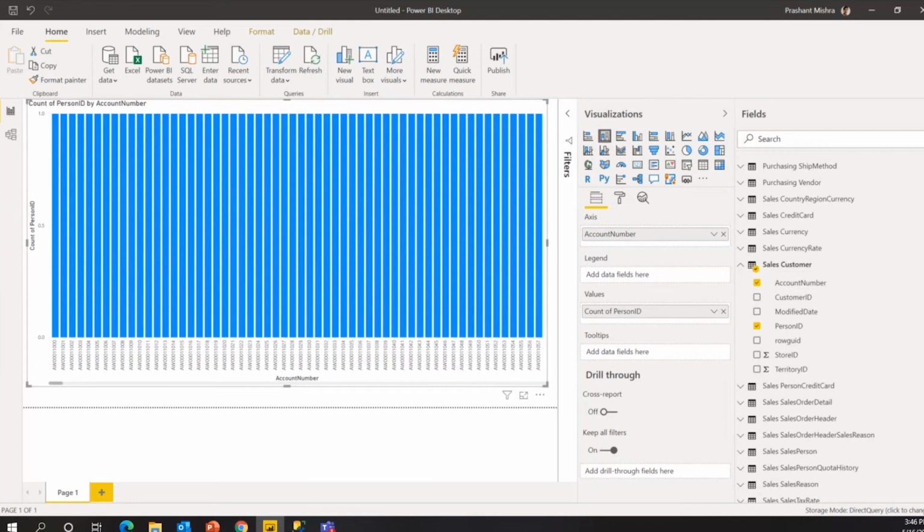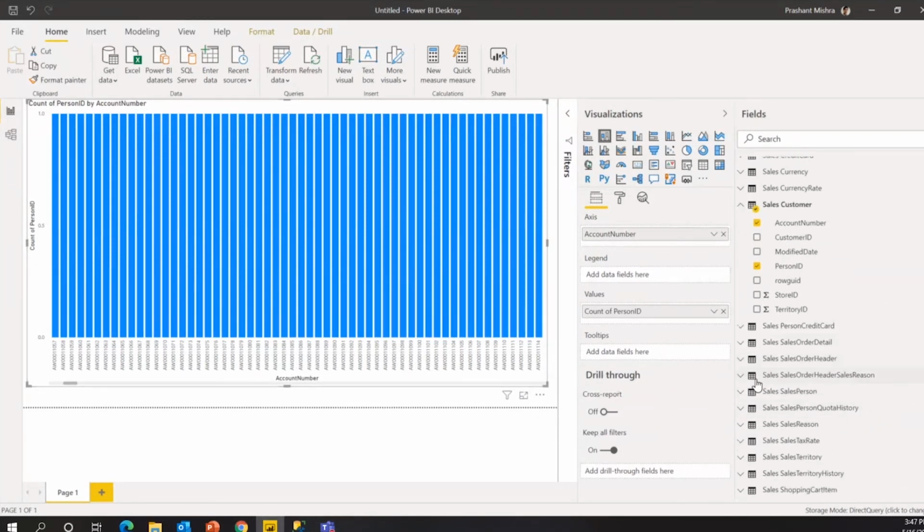But before that, Mike is asking, can you use Windows authorization to connect to SQL Server? Yes, Mike, you can use even Windows authorization to connect to SQL Server. Okay, and then let me try to bring some other data here.